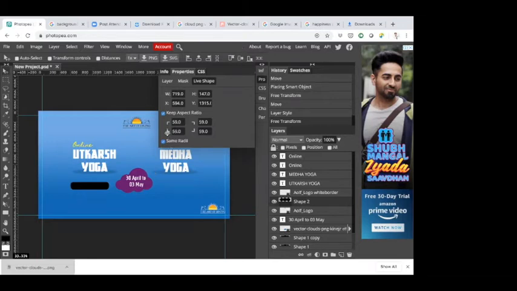Okay. Now this keep aspect ratio, sorry, same radii is ticked, which is why all of them change their radius together. If I untick that and change this, you can see only the top left corner changes. And if I do this, only the bottom left corner changes. This is also something you can work around with. I'm going to change it all back to 0 right now.